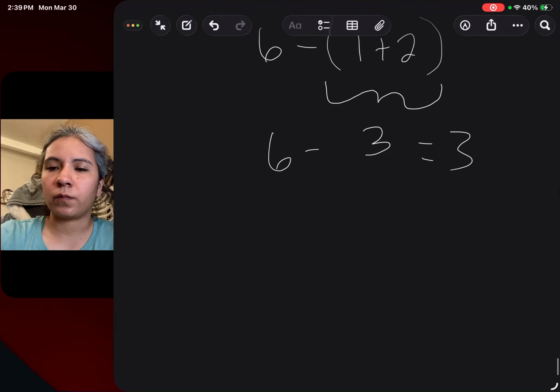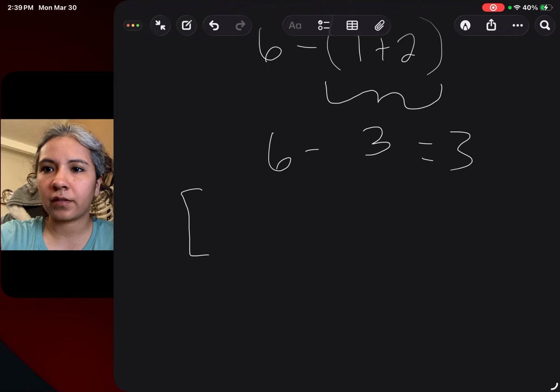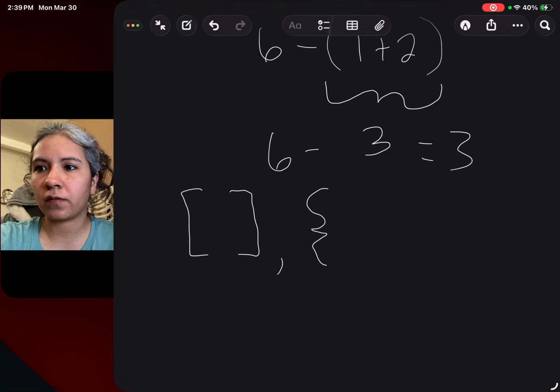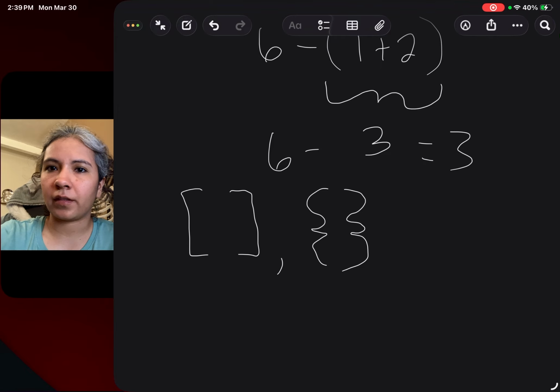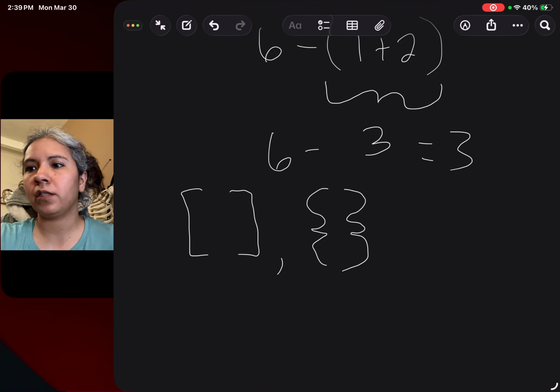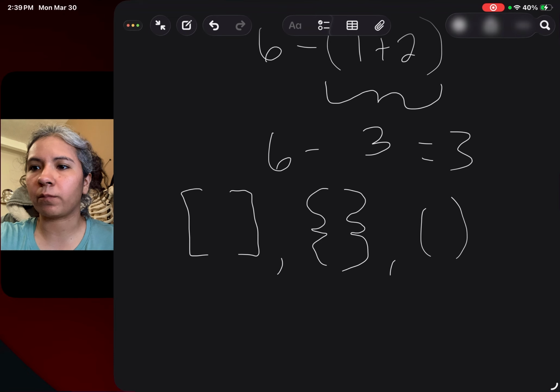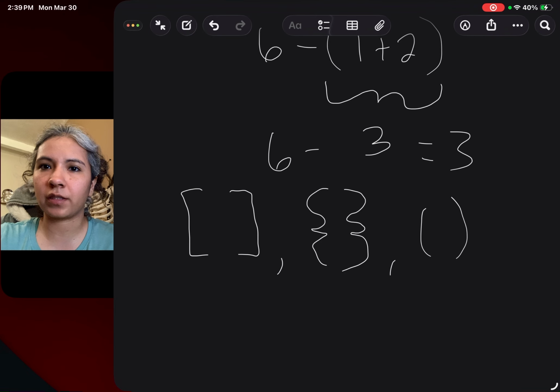But now we can also use brackets. These are also symbols of inclusion, and braces. And so whenever we have multiple symbols like brackets, braces, and parentheses, we usually do the one that's on the inside first. So say we have this problem,